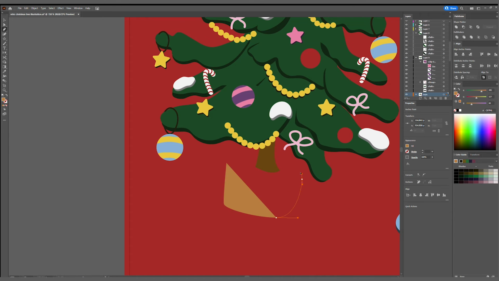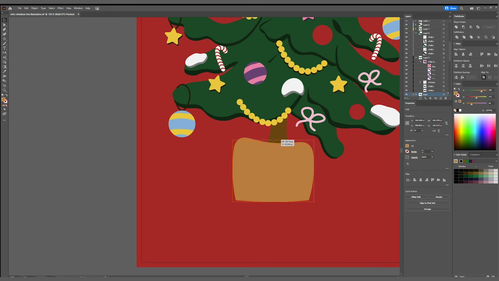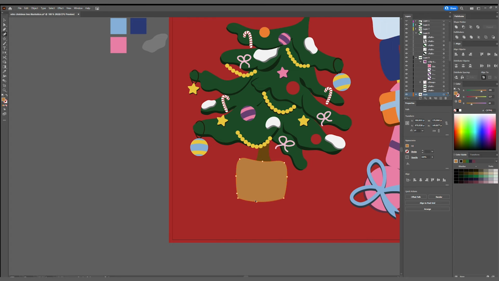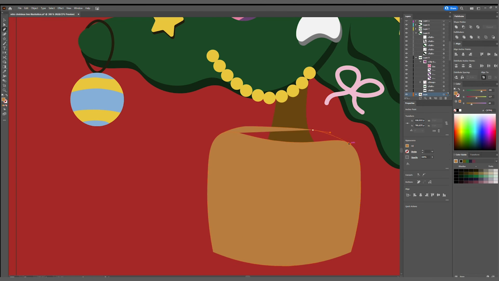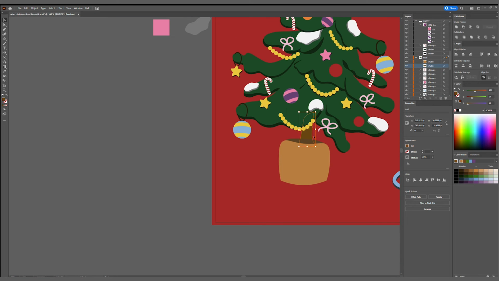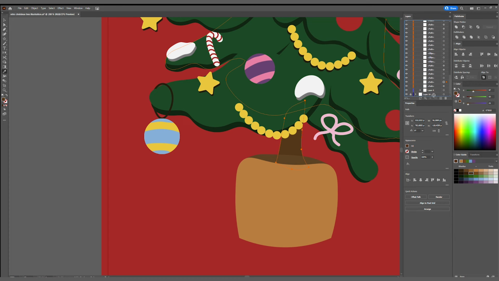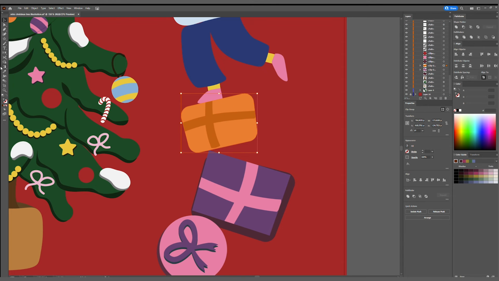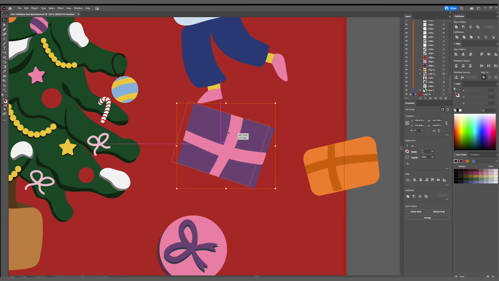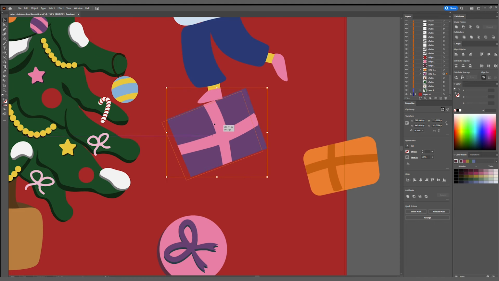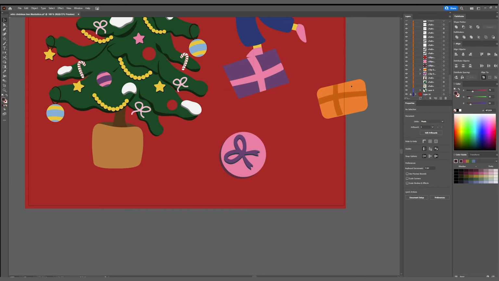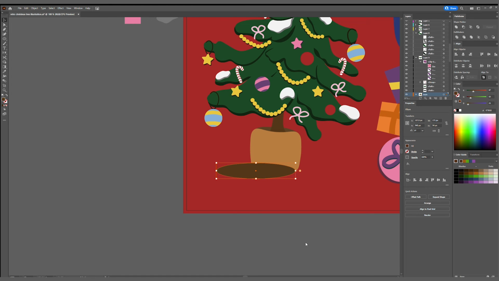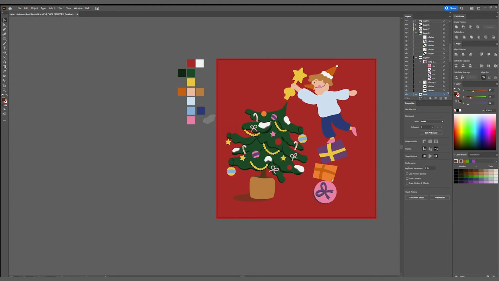Now I will also recreate the Christmas pot. I don't like it, and now it looks for me better. I will also play with the position of the gifts. I don't like it now, and so I think the big one is better to be above and the orange one in the middle. Make a shadow for the Christmas tree to match the look,